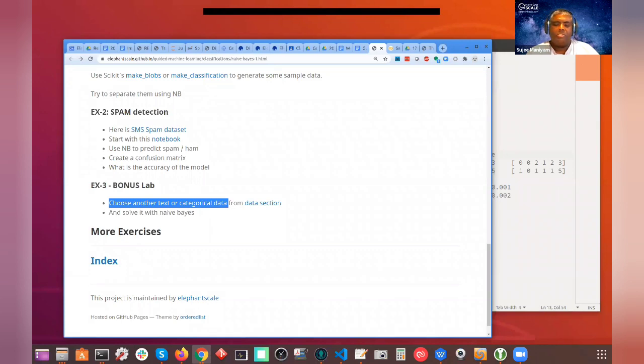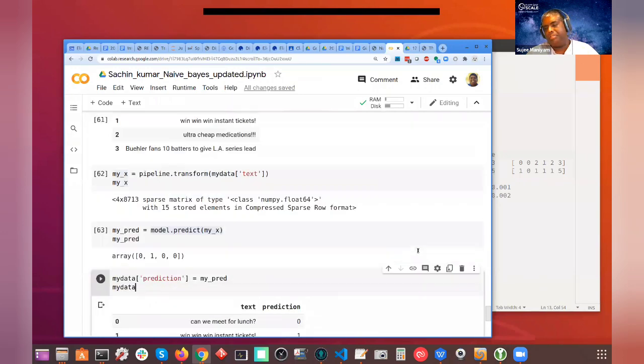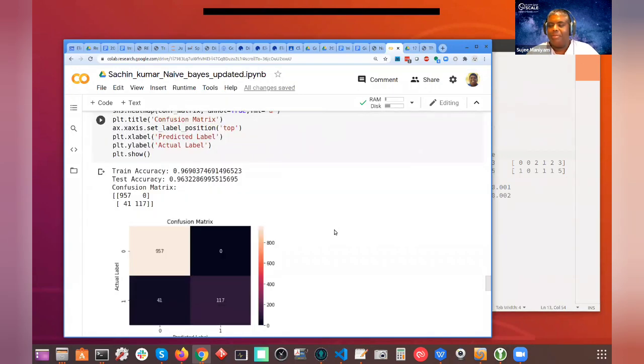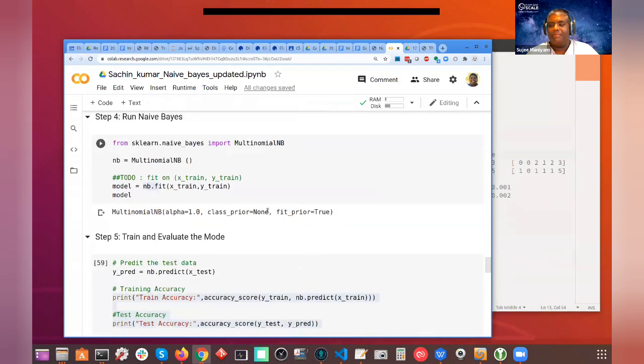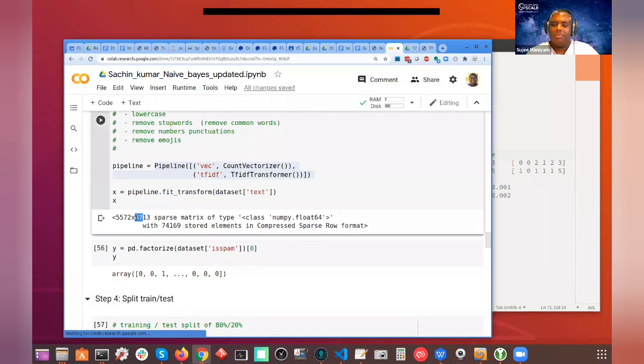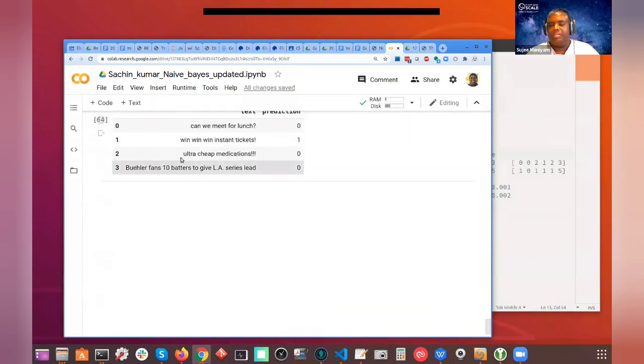Sorry, Chaitanya, I see your message about plotting. You mean the words? Is that what you want to plot? It's going to be a little tricky, because this is high dimensional data. How many columns do we have? Imagine you want to plot this many columns. Not right away, but there's a technique you can use.